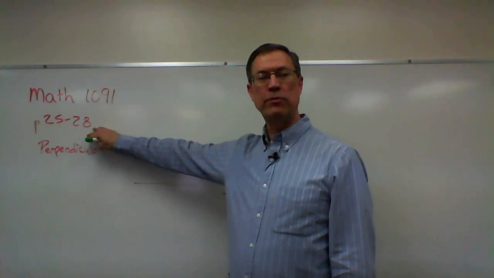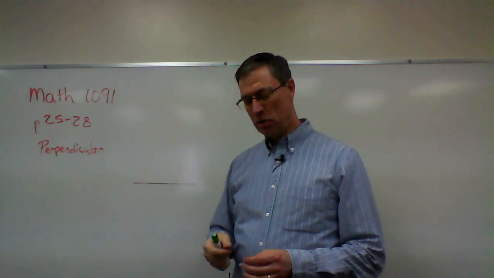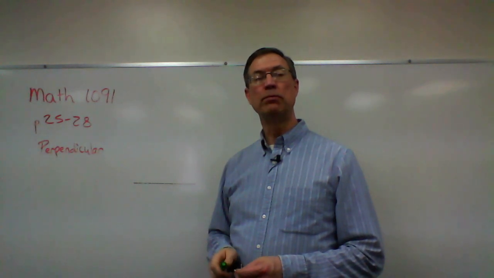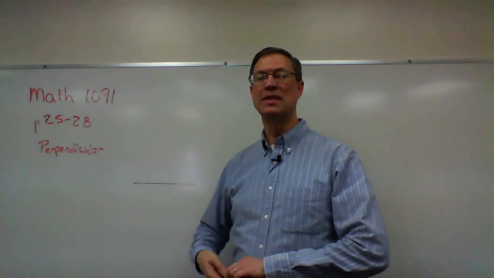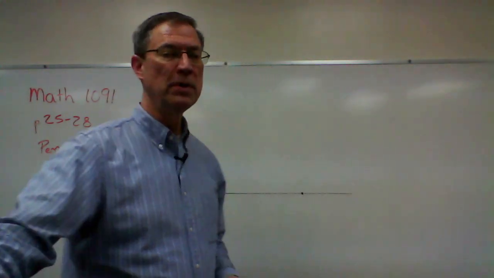Let's talk about pages 25 through 28 in Math Pace 1091. That's using our compass and straight edge to make a line that is perpendicular. Now, if it's perpendicular, it's exactly 90 degrees, okay? First of all, I want to talk about a perpendicular